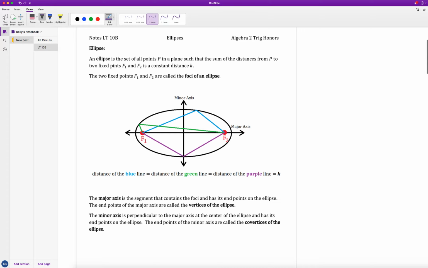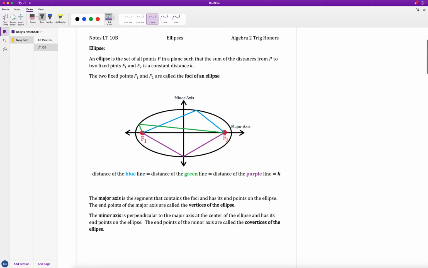the closer I move them together, if they were to land on top of each other at 0, 0 here at the origin, I would actually end up with a perfect circle there because my foci are now at the same point. So a circle is actually a type of ellipse. It is just the perfect type where the radius is equidistant all the way out,